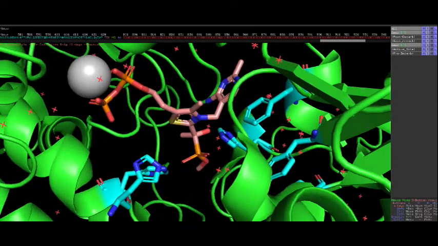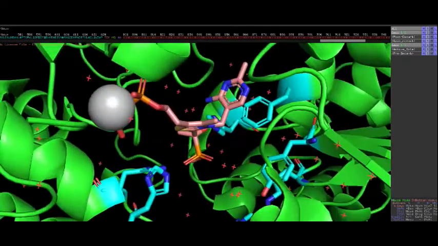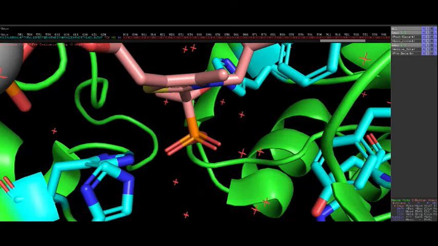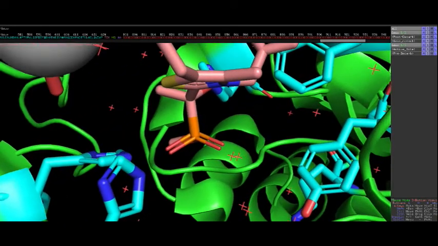The pyrophosphate on our thiamine is coordinating with this magnesium here, as is pretty common. The carboxyl group is held in place here by these two histidines. And then if we remove the pre-decarboxylation